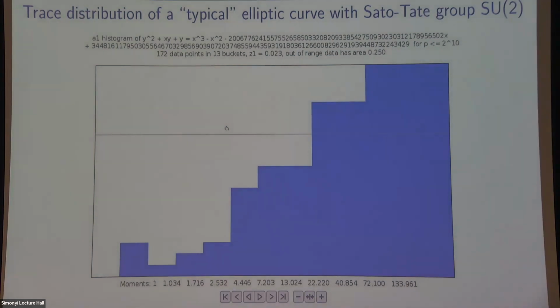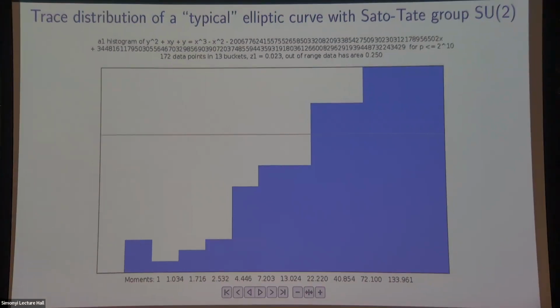I'll just start with an example for those of you who haven't seen it before. Let's take a typical elliptic curve over Q. I put typical in quotes, because maybe this curve doesn't look so typical to you. This is an elliptic curve of rank 28. You might guess there's something atypical about it because its Frobenius trace distribution is very skewed to the right. I'm actually plotting the coefficient of the L polynomial, so positive to the right actually means a negative trace, which is what you'd expect.